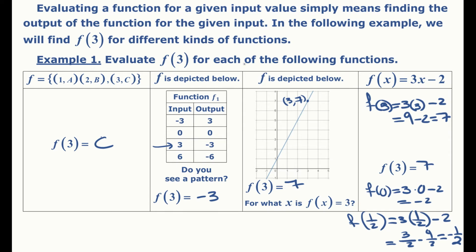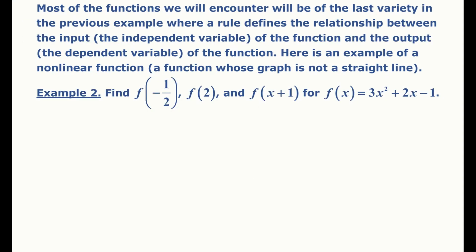All right, so this is how we perform functional evaluation. As I mentioned on the last screen, most of the functions we will encounter will be of the last variety, which was described by a rule. And the rule defines the relationship between the input, which we call the independent variable, or in most basic examples, the variable x will be used for that,